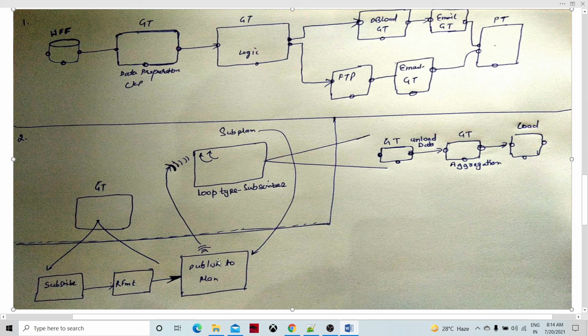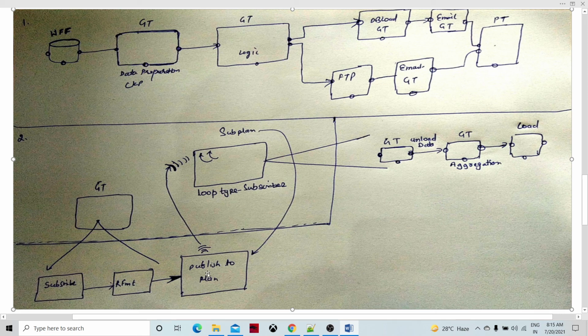This is a subscriber-publisher combination. Whenever you call a subscriber loop, we are going to execute the subscriber loop, and the subscriber is going to wait for any publisher. Within the same plan, we take the graph task, and that graph task is going to call the graph, and that graph is going to call the subplan.